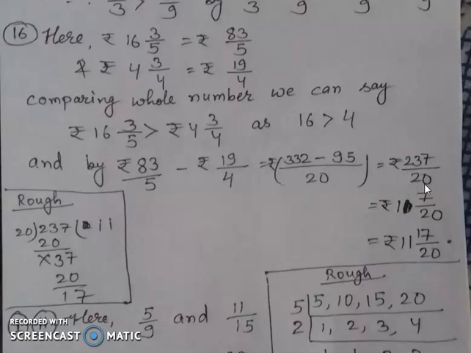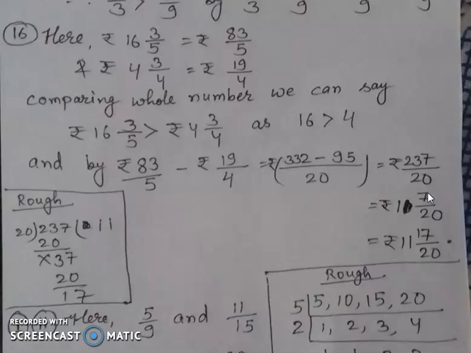11 twos are 22. In the same way, in the rough you can see what I did. It is 11, and here remains 17. Sorry, not 7, 17. By mistake, 1 has been left over here. I wrote it here, you can watch it over here. This remainder also is 17. By mistake, 1 was left. That's why I am saying, by mistake some things can happen.